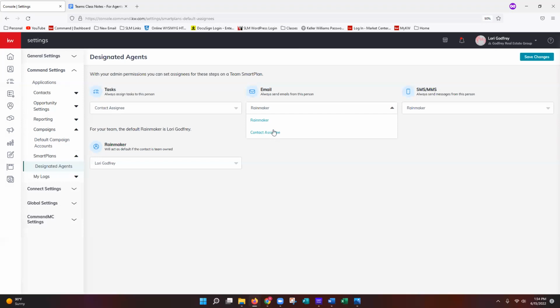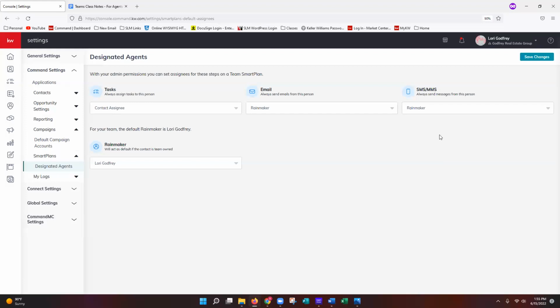You also need to keep in mind that the Rainmaker and really anybody that is a Keller Williams agent, you guys are only given 5,000 emails through command mail. So by funneling all of them through the Rainmaker, those 5,000 emails are going to dwindle down very quickly. By doing Contact Assignee, not only do they get to keep their independent marketing, meaning at least their name is going to show up on everything, but they're also able to use their own allowance rather than all piggybacking off of the Rainmaker. So I do recommend setting this up as Contact Assignee, but again, it will be different for